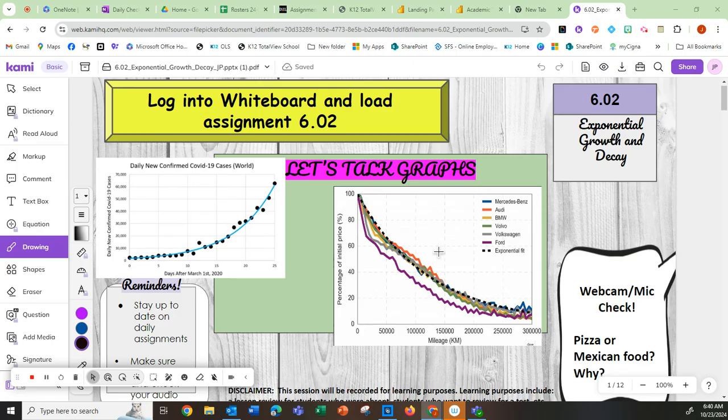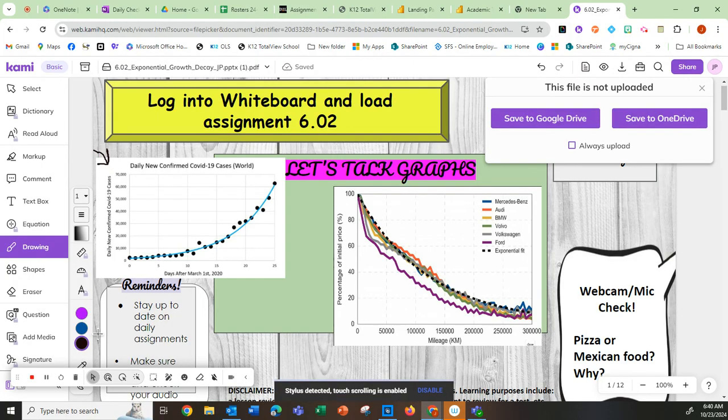If we take a look at the two graphs, it says let's talk about the graphs, and I did a little research and I found two graphs that matched with the content in 6.02 that I thought was interesting. So on this first graph,